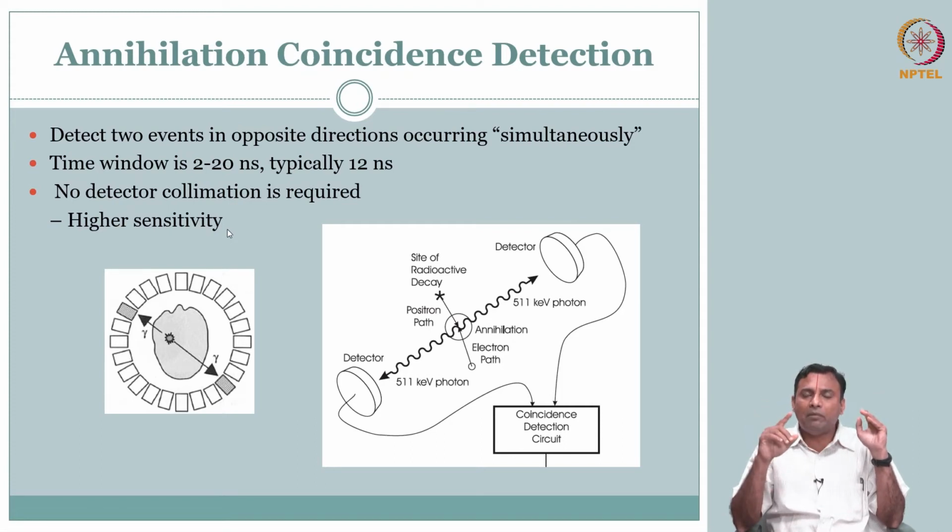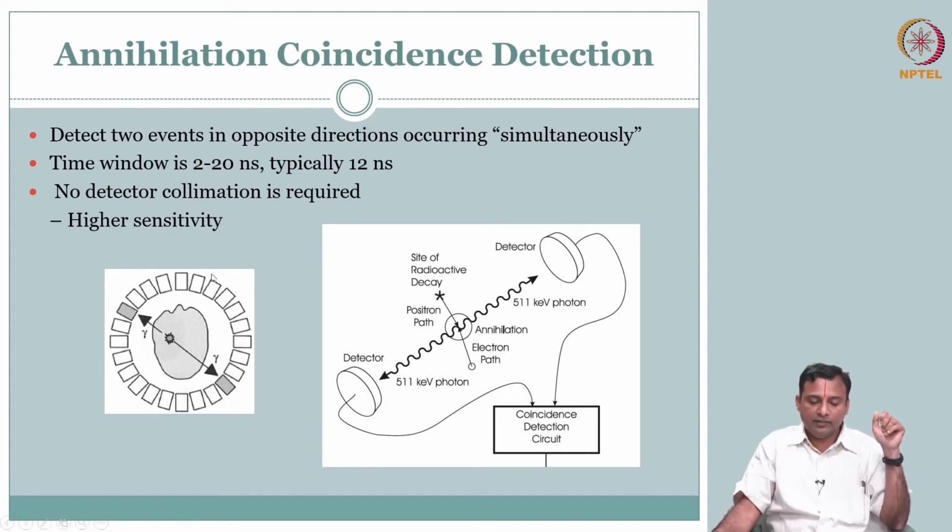But then the gamma can be any energy that is coming, right? Even though you have the tracer with an energy that you are looking at, there is still this Compton scattered one that comes at lower energy, right? So we saw about that Z pulse and how we try to reduce that. Here you are very specific, you are looking at 511 kilo electron volt that is coming, right?